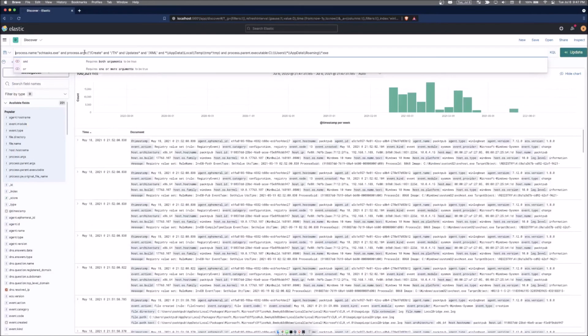We're going to say, I want to see anytime the process name of scheduled task, schtasks.exe, has the following process arguments: /create and /tn and update and /xml, and XML being fed from AppData Local Temp star, whatever this number happens to be, .tmp, and the process parent executable is in the user's AppData Roaming directory and is in a .exe file. If we click update,